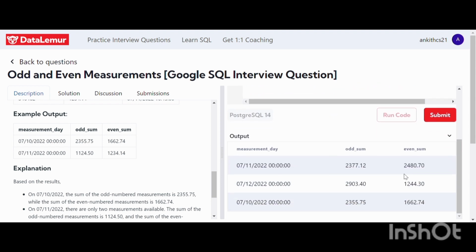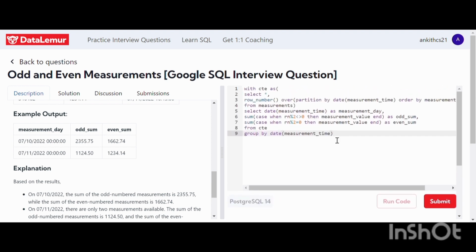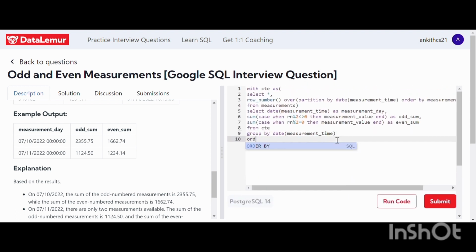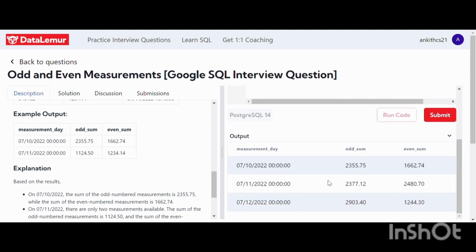Now for particular dates, for 10, it's showing the odd sum is 2355.75, and the even sum is 1662.74. I'm just using the order by clause to maintain the chronology, order by date. Running this code, the output goes like this. So I'm just submitting it,